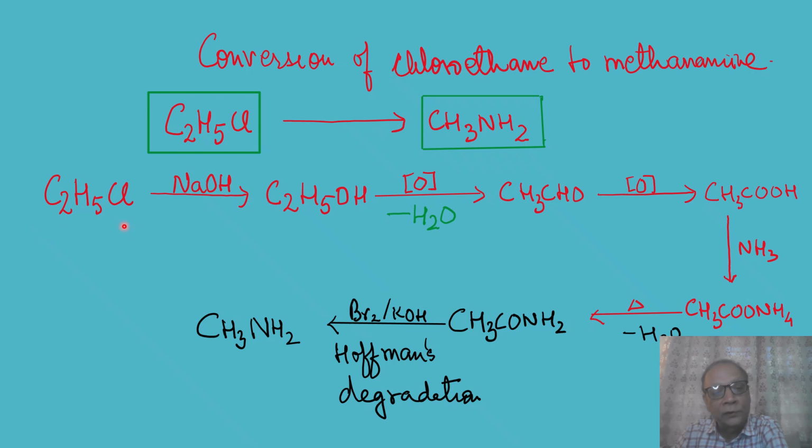Now, alkyl halides, alcohols, aldehydes, acids, acid derivatives, and finally, you see, amino derivatives. They are all there in this scheme of reactions. So that makes it very important to know the reactions that connect one homologous series to another. Let us move on to another one,